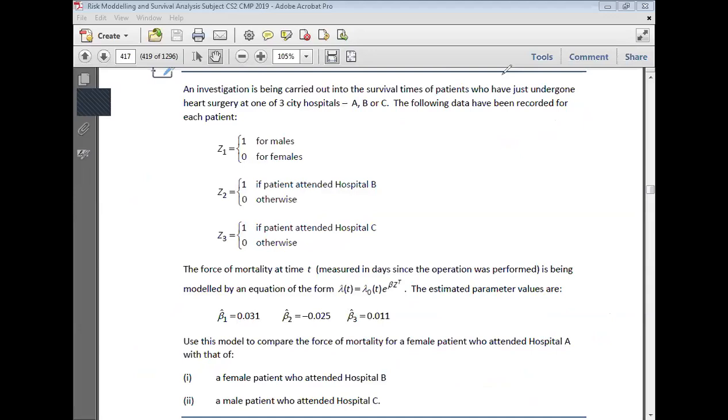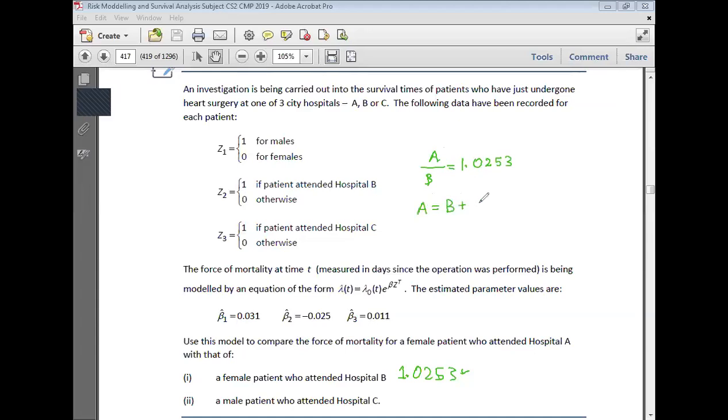Okay, all right. So let me just write the final answer for this, which was 1.0253. The way to interpret this is something like this: if you have the force of mortality for a female patient who attended hospital A upon the force of mortality of a female patient who attended hospital B as 1.0253, can you guess how much I expect the force of mortality for A to be higher or lower than B? So let us just say A upon B is equal to 1.0253. So what I get here is A is equal to